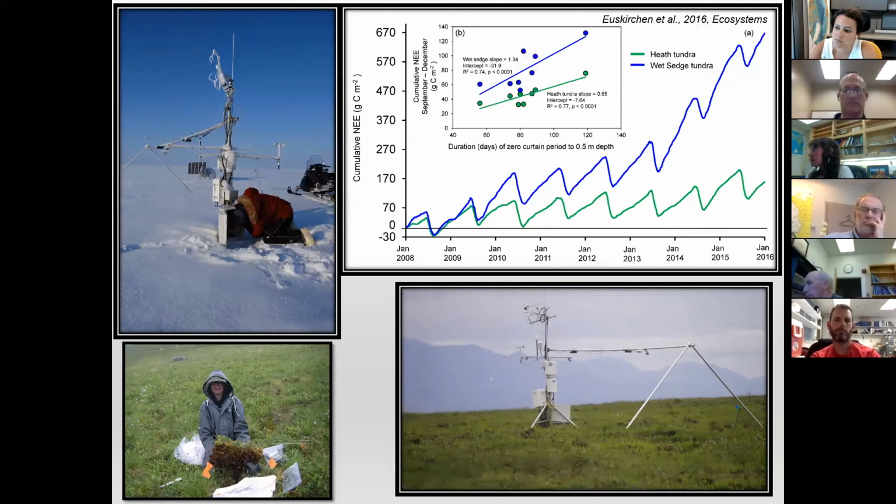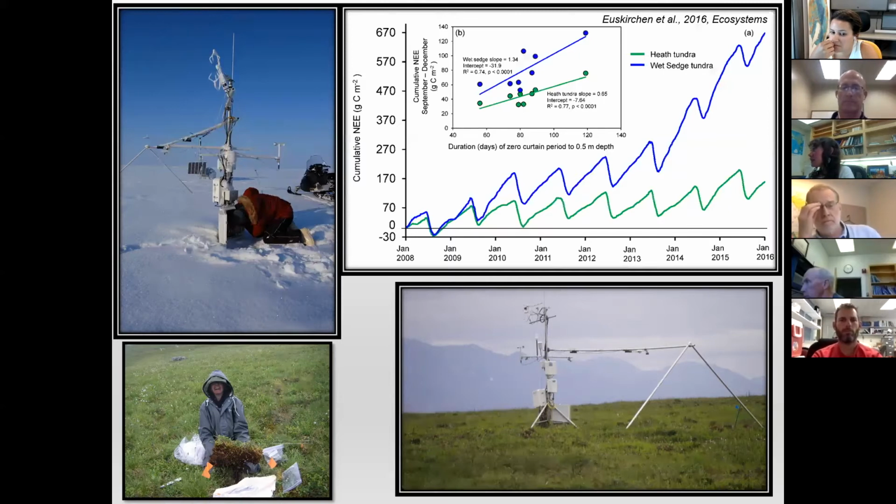And so you can see here that the two sites do vary in the amount of CO2 they've released. A positive value here indicates a loss of CO2 to the atmosphere, with a difference in the wet sedge tundra and the heath tundra, particularly in the most recent years. And a lot of this goes back to, as Chip was talking about earlier, the warming of the soils, particularly during the fall. We've seen a pretty significant amount of warming in the permafrost here. We've collaborated with Vladimir Romanovsky, who has a borehole at this site, and have looked extensively at his borehole data to see how the soils are warming and how this then relates to the CO2 fluxes.